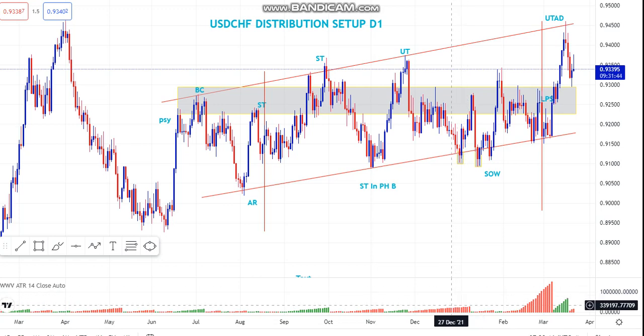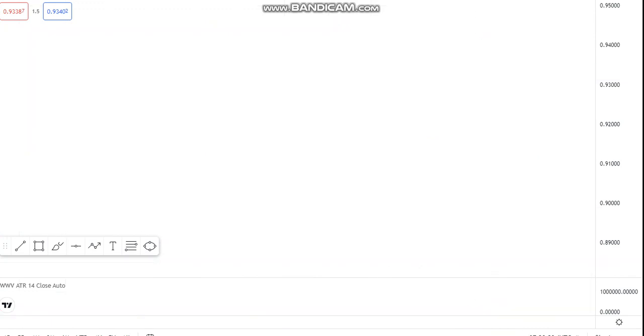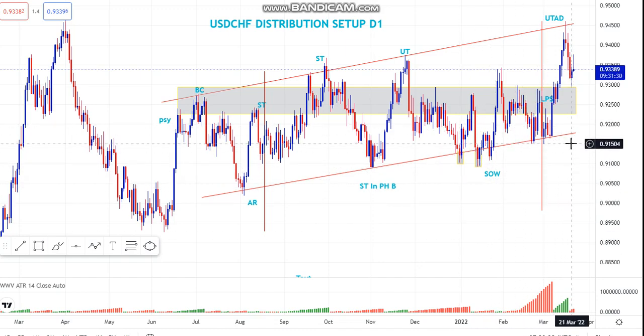Here the supply is very weak, so this is the sign of weakness. After the confirmation of the sign of weakness in phase B, we move on to phase